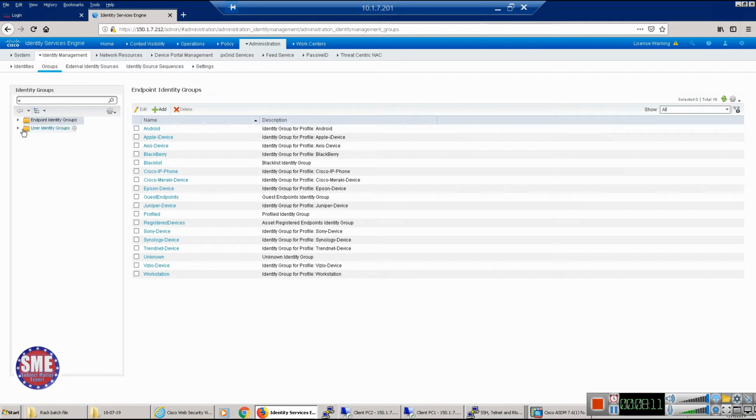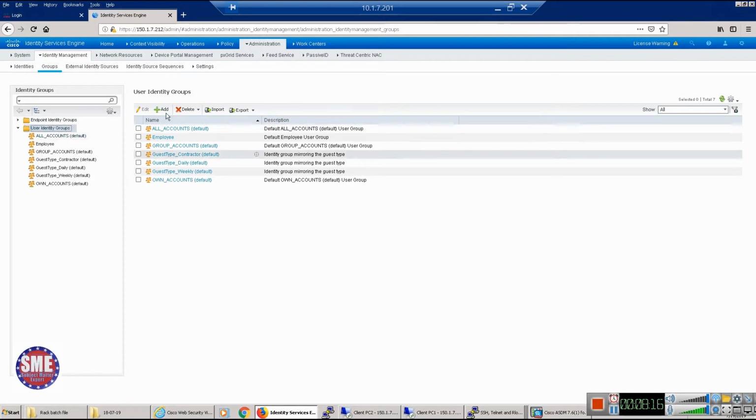Okay, so user identity groups, click user identity groups. By default, there is an all accounts group. Every user, if you didn't add them to any group, will be part of the all accounts group. You got it. By default, they are members of the all accounts group. If you want to map any user to a particular group, you can create it. Here only one question has a user group mapping, that is the Active Directory user. That user should be part of the lab admin group. This lab admin group is already created in Active Directory. They have one group called lab admin. That user, I think Cisco is the user, right?